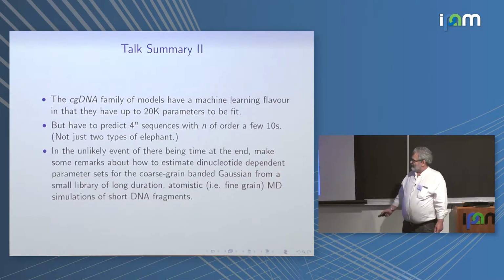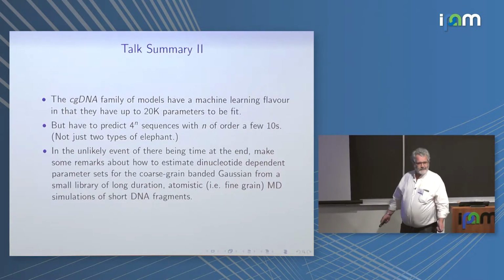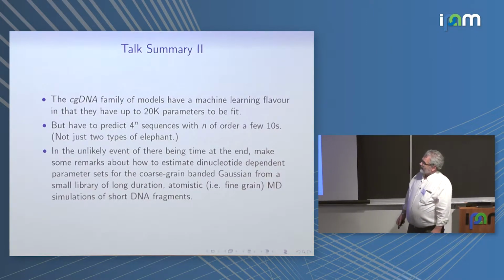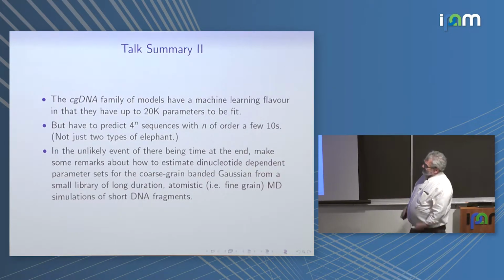I was happy to be able to add a joke, because this morning we learned that there are 2 types of elephants. You probably knew it, but it was mentioned. There are African elephants and Indian elephants. John von Neumann famously said that if you give me 4 parameters, I'll model an elephant, and if you give me 5 parameters, I'll make its trunk wiggle. So he would need 10 parameters because he'd have to model an Indian elephant and an African elephant. But he might not be very happy about 20,000. Computationally now, you'd never look at an individual value of any of those parameters, but you'd look at simple predictions of these models that have a vast number of parameters in them.